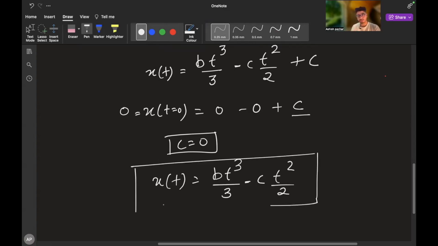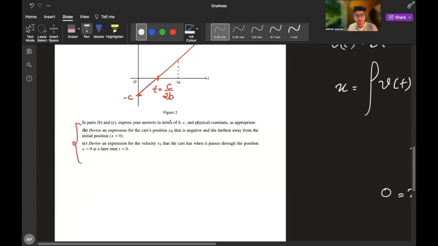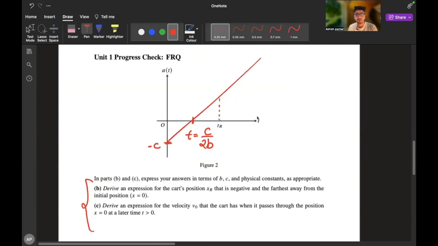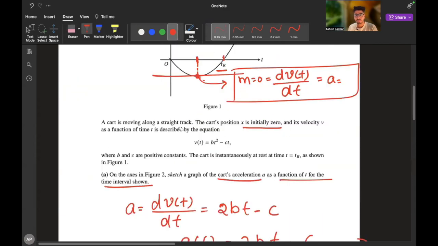So now you have the relationship between the position and the time. The challenge for us is that, as per the question, the position should be negative and furthest away from the initial position. Right now I haven't put any condition to make sure it is negative or positive. If you look at this carefully, the velocity time function, if I go over there,